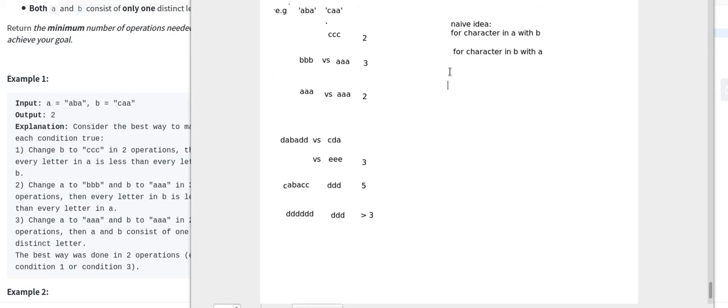So this will take O(m times n) complexity, if m is the length of A and n is the length of B. So is there any better solution? Or, second idea, we